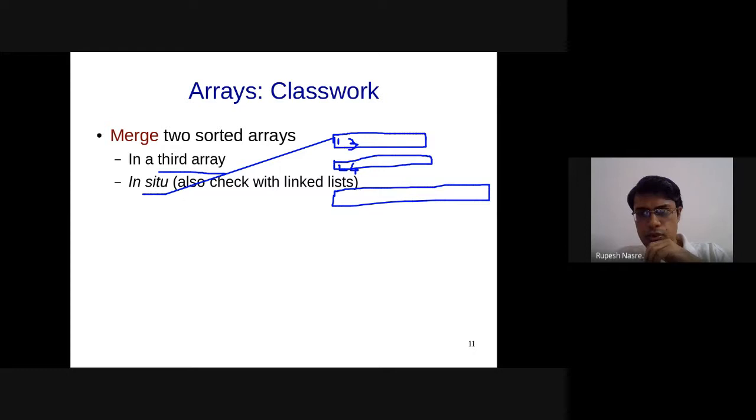Abhishek has written the code, merge, error of I less than error of J, correct. Error of I. Yes, so this also seems to be correct, and all of you are able to get this understanding that you require two loops at the end of this main while loop, right, main loop, which is going to force you to take care of the remaining elements, right? Okay, so that's good.